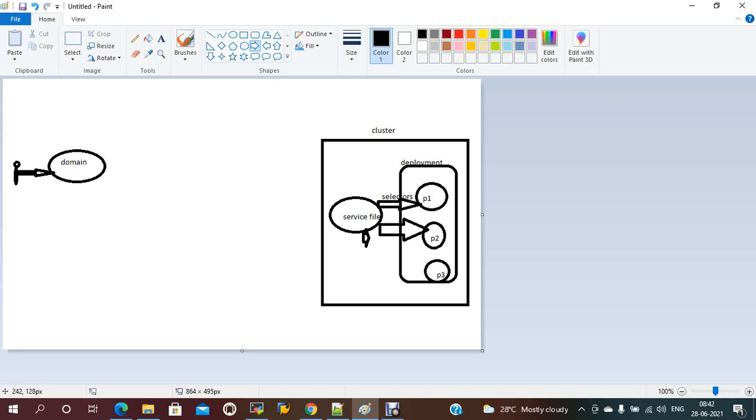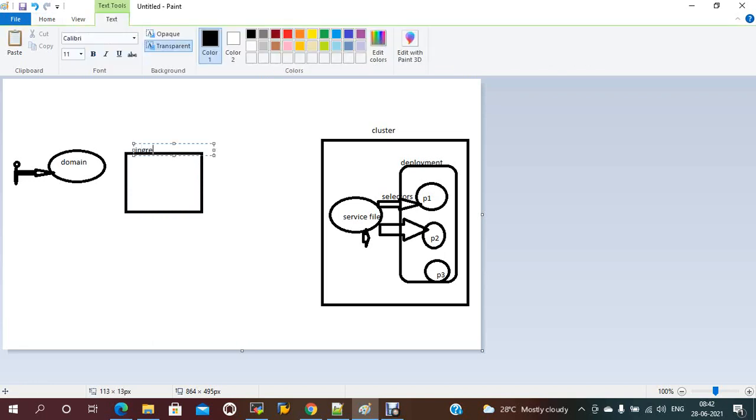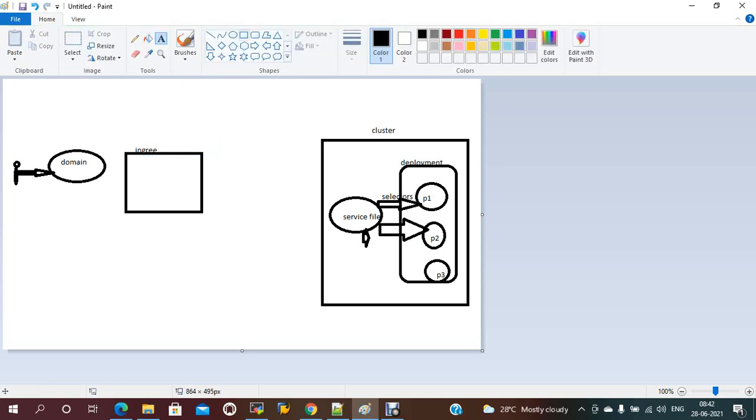This one is provided by Kubernetes. If it is a single application we can access it directly, we don't need anything. This ingress will provide the ALB load balancer. Using ingress we can do path based or host based routing, so it supports both. On ingress we will have an ingress file. This ingress will have the service names. This ingress file has all the services, and it will have the application load balancer, ALB.